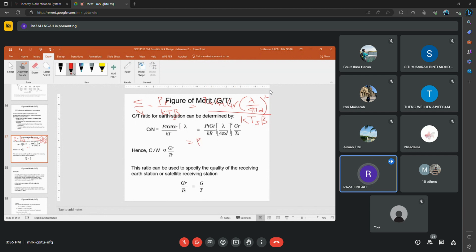we have PT, GT, K and B. And then we have lambda over 4 pi d squared. We have GR over TS. So why do we rewrite it as this one? Because